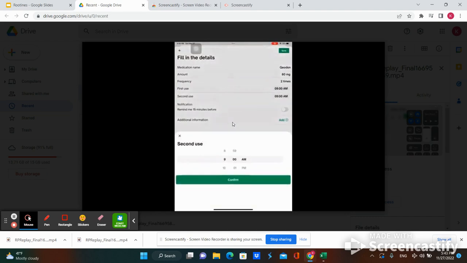This can be helpful too because it can help you keep track of the medication, and if students need to take medication at school, that's something that can be really helpful because it can give you even reminders. I didn't have my notifications on, but as you'll see later, right down there, it says, remind me 15 minutes before. So if the special ed teacher is in charge of making sure that medication is taken, then that's something that could be really beneficial.